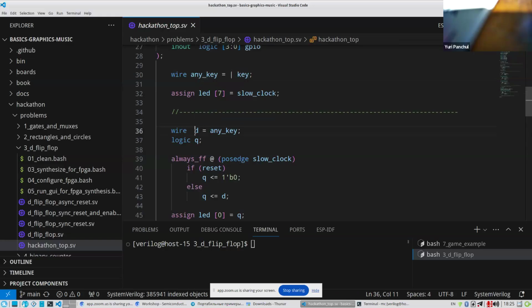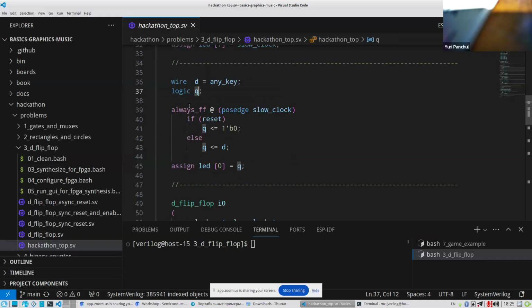Now we connect wire D to this any key, and we have wire Q, and we connect this Q to LED 0. So here is the code for a flip-flop.